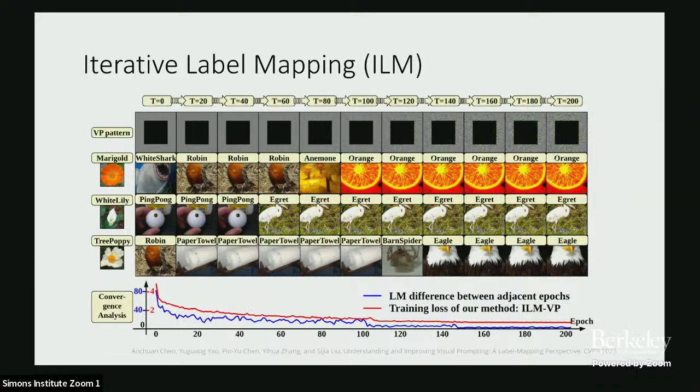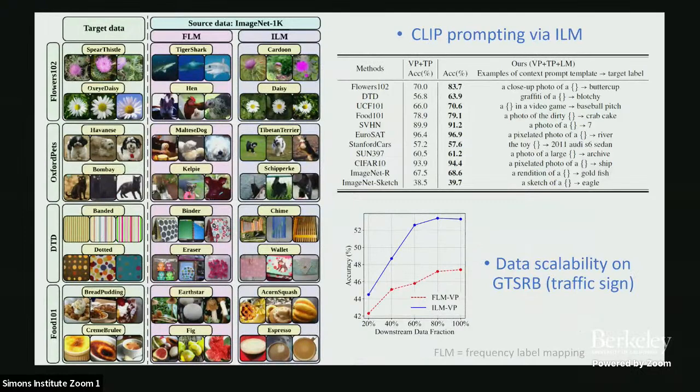So you can see as the training loss converges, you find the best source label that maps to the target label with high semantics. You can map this orange class to the marigold target class because they have a high similarity and also semantics in the space of their representations. And similarly, this tree puppy can also be mapped to eagle, because they share some high level similar semantics. And there are more examples in our slides on different downstream tasks.